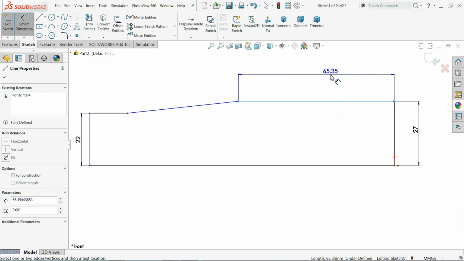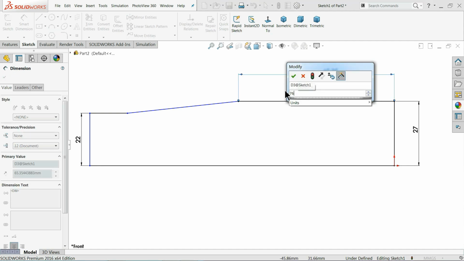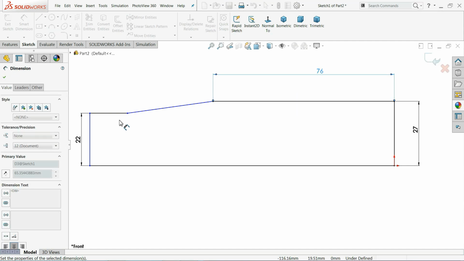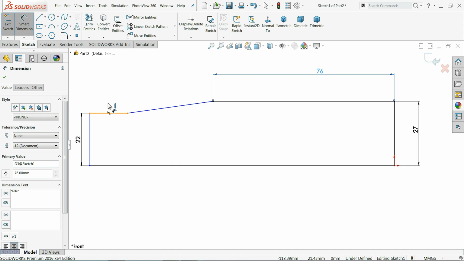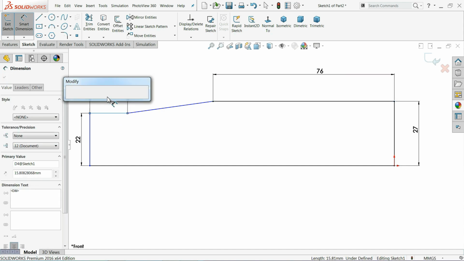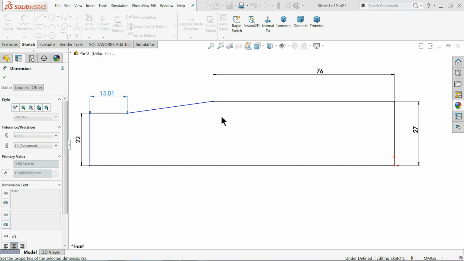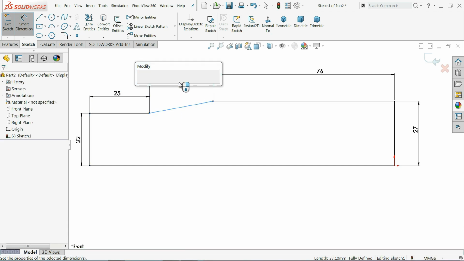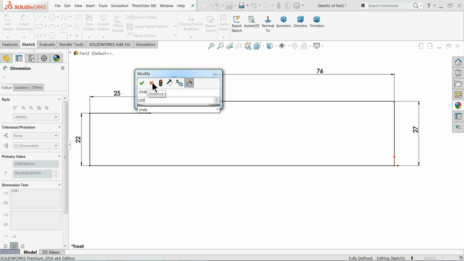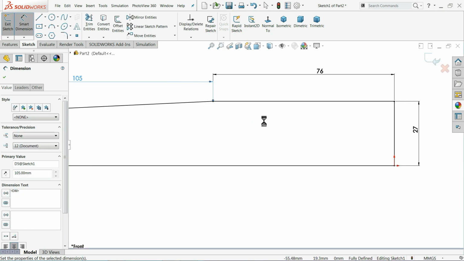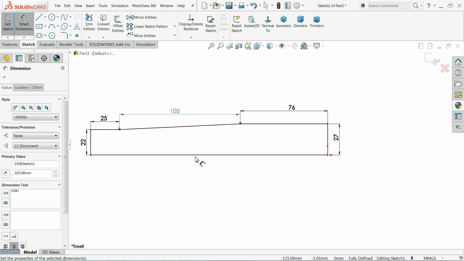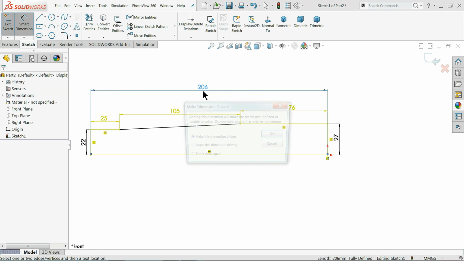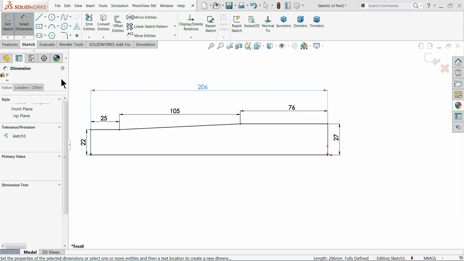And this length 76 millimeter, this length 25 millimeter, that's it. And let me choose this length 105 millimeter. Now see, if we see the full length, 206 millimeter by default.